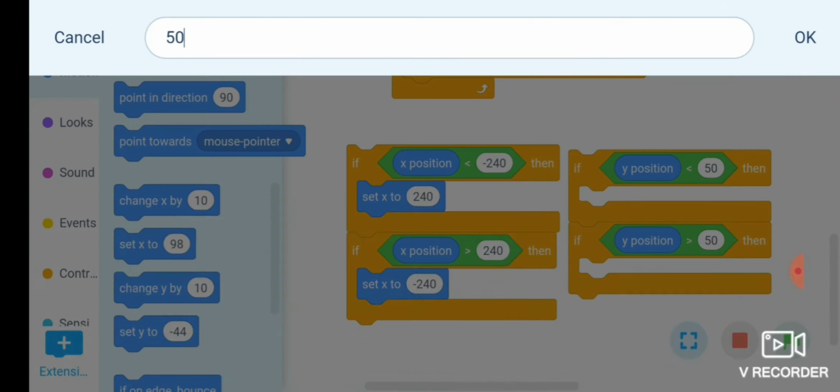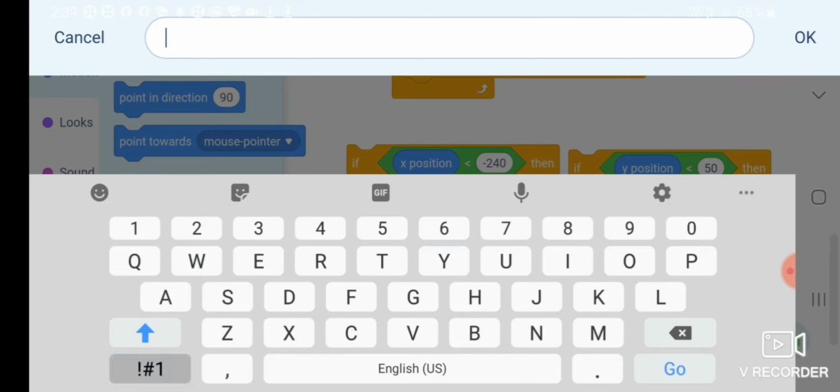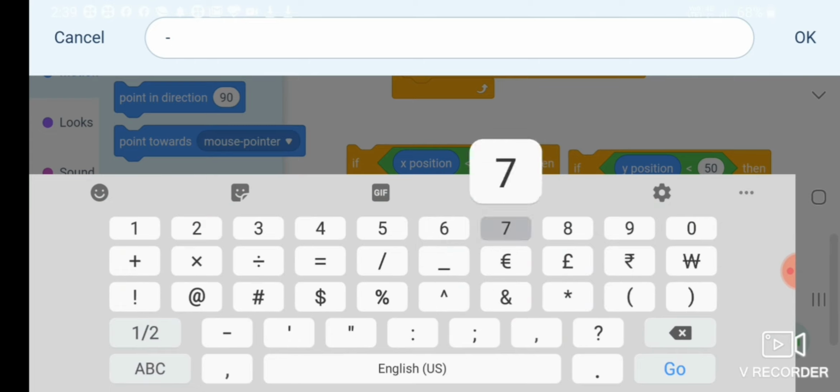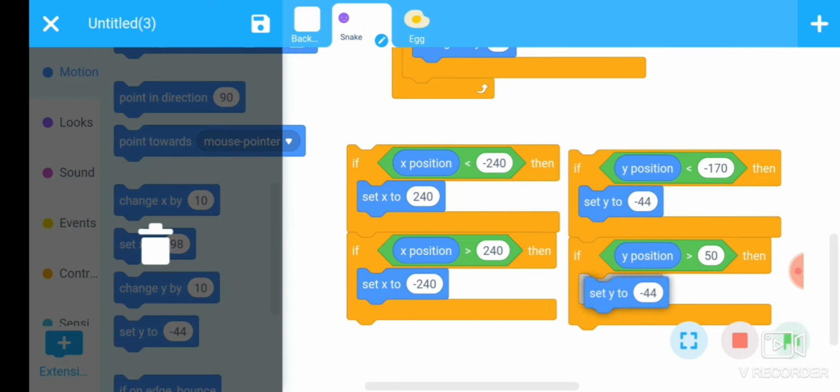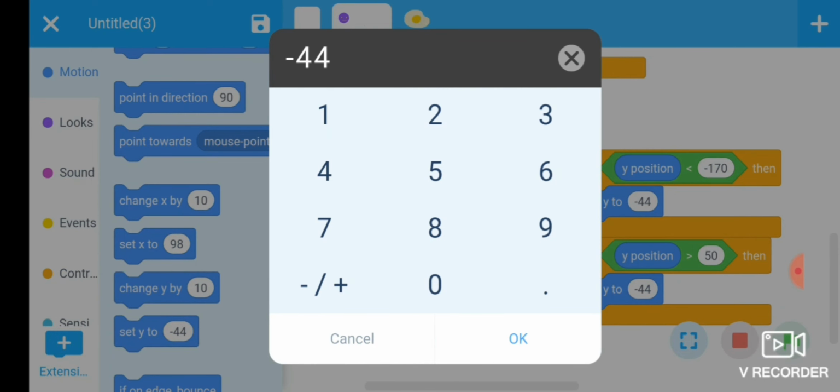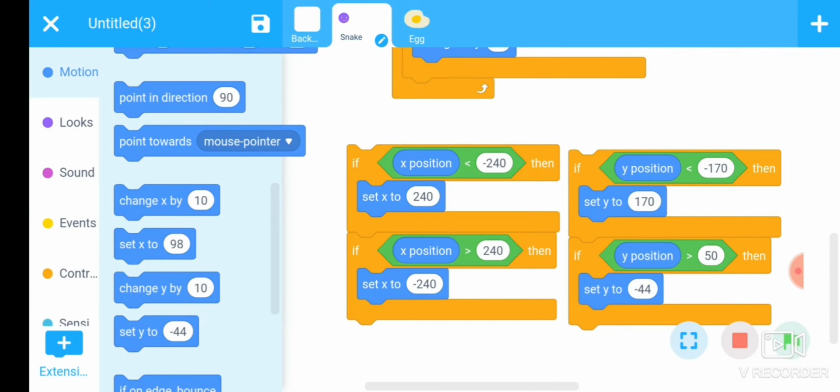Same for the y-axis. If the y value is less than minus 170, then its value changes to plus 170.